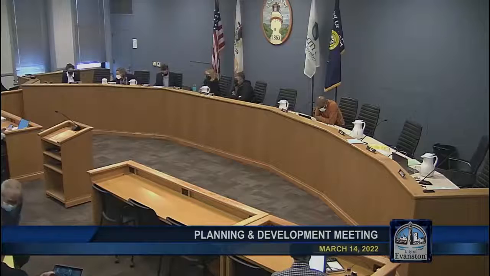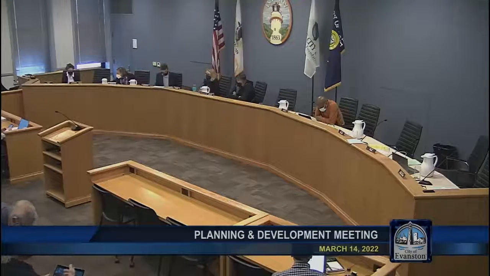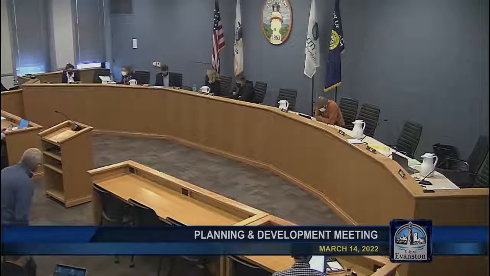Good evening, Johanna Nine, Community Development Director. Effectively, what we want to do is reduce the complications of parking in different districts. So every time somebody comes in and wants to open one of these offices, depending on the district, it might have a different requirement, overlays. So the idea is to make it simple across the board. This also helps downtown Evanston because right now we don't have any parking requirements for downtown Evanston. So these office uses are very attractive to downtown.